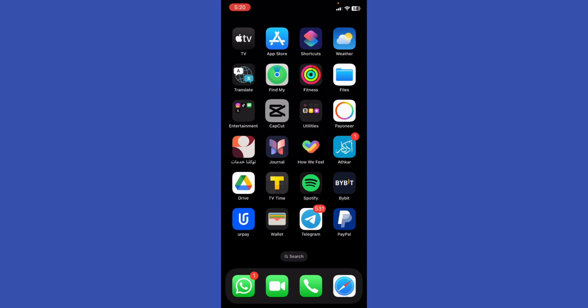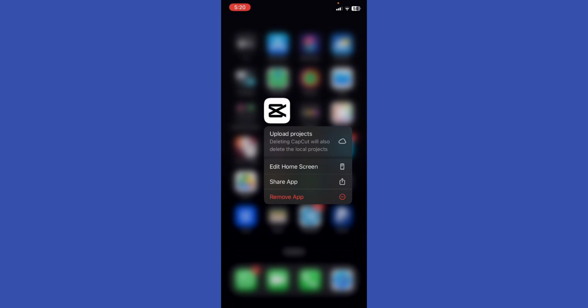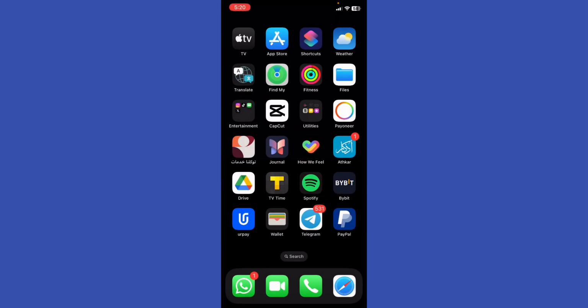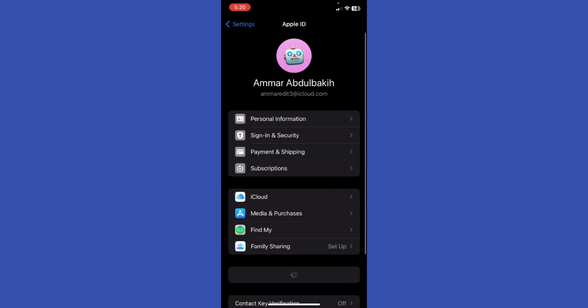I want to delete this app, right? So I'm going to hold the app, remove the app, and then double click to delete the app permanently. Secondly, go to the settings, and then go to my Apple ID, and then go to my iCloud,